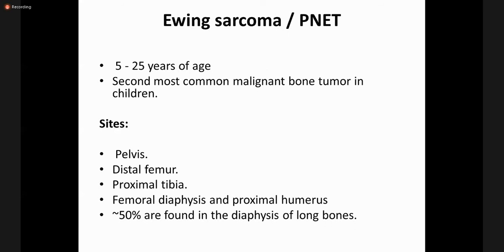Then another category is Ewing sarcoma, which is an undifferentiated or poorly differentiated small round cell tumor, or sometimes spindled. It is usually a common tumor of the pediatric age group, commonly occurring in children. It may occur in bone or in soft tissue. The age range for Ewing sarcoma is 5 to 25 years. We also call it PNET because another name for Ewing sarcoma is peripheral primitive neuroectodermal tumor.